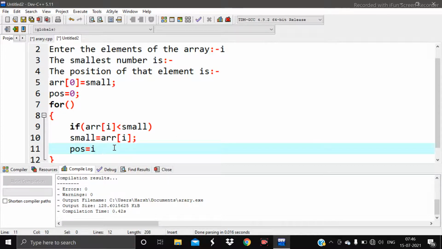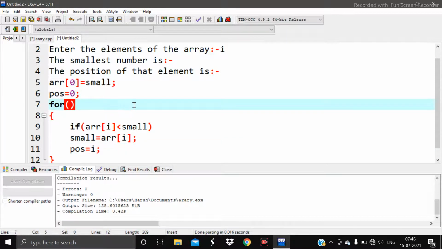Okay, so this is a logic in which we first suppose that the first index element of the array is the smallest number out of all the other elements of the array. Then we declare that the position is 0, because if the element at the zeroth index is the smallest number, the position will obviously be 0.